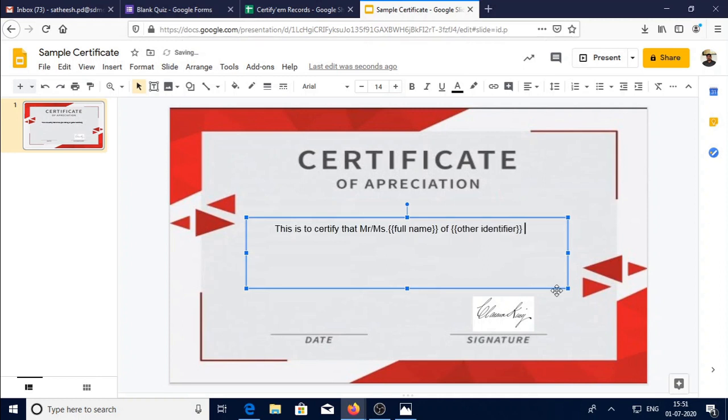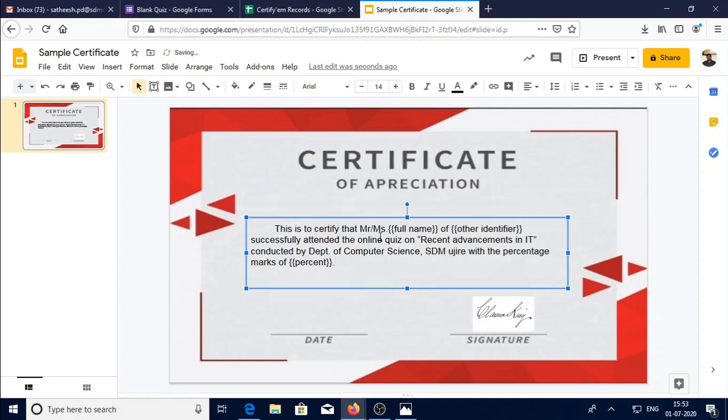Of, successfully attended, for example, an online quiz on recent advancements in IT, conducted by Department of Computer Science, STM Ujire, for example, with the percentage marks of, and you place the percent here.